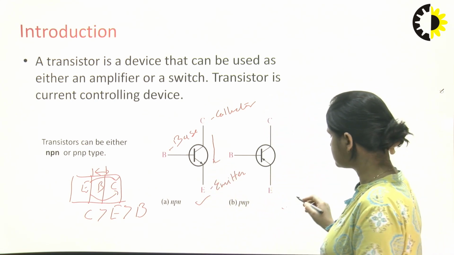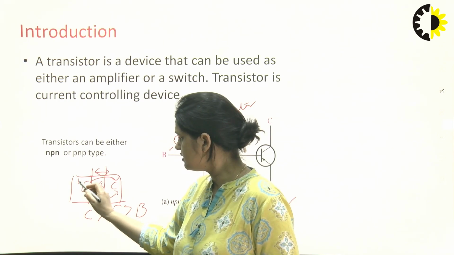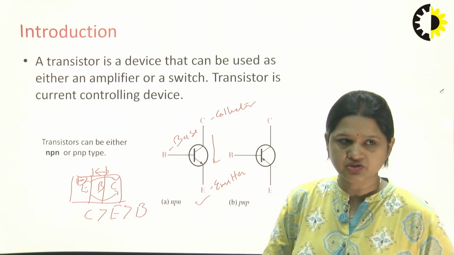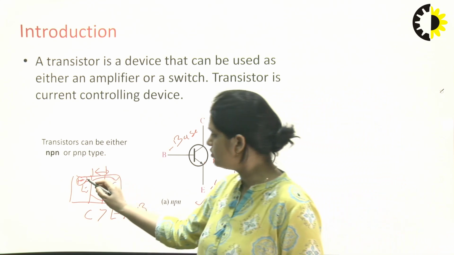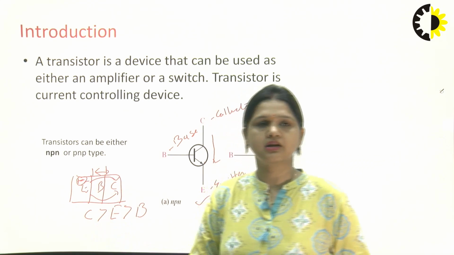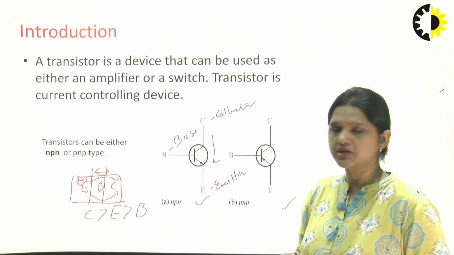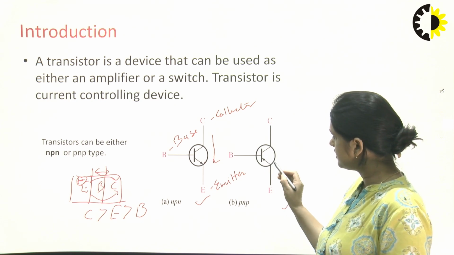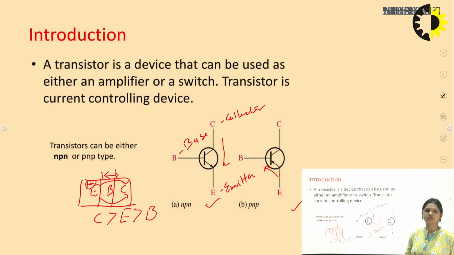Similarly, for a PNP transistor, the charge carriers are holes. So here I can write that positive charge carriers participate in the current conduction. Whenever the device is biased, the charge carrier holes flow from emitter to collector, and as you know, the direction of current in the case of holes is the same as the direction of flow of holes. So here you can see that the current direction is from emitter to collector. So these are the two configurations of the bipolar junction transistor, which is a current controlled device.